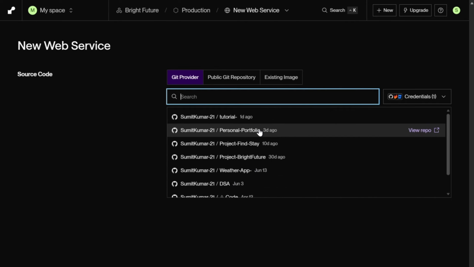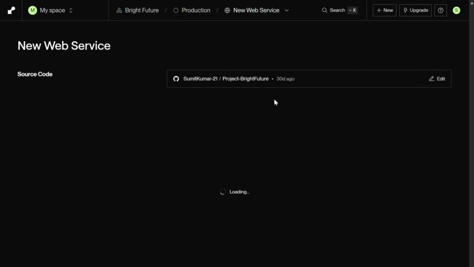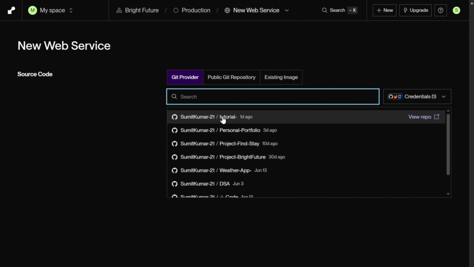And after connecting your GitHub, you can easily get the option of which project you actually want to deploy. So I want to deploy this project, Bright Future, so I'll click it, and right after that,